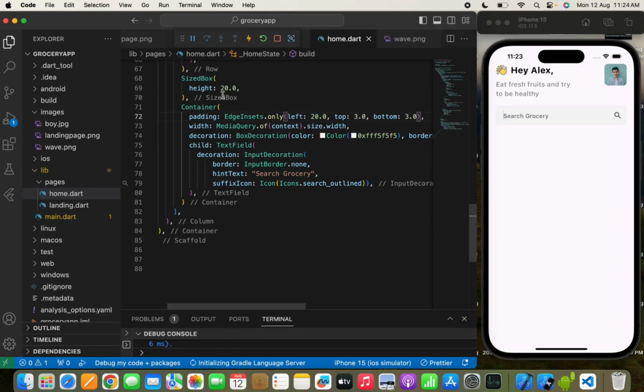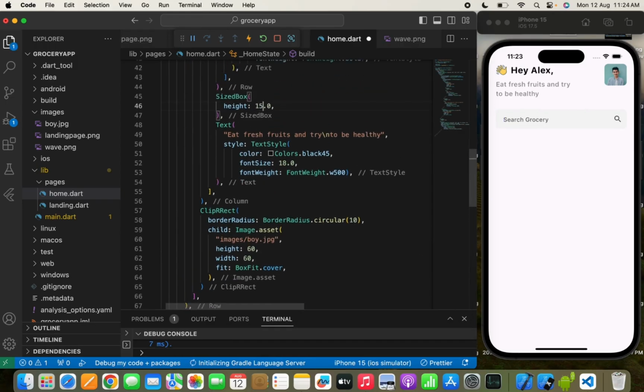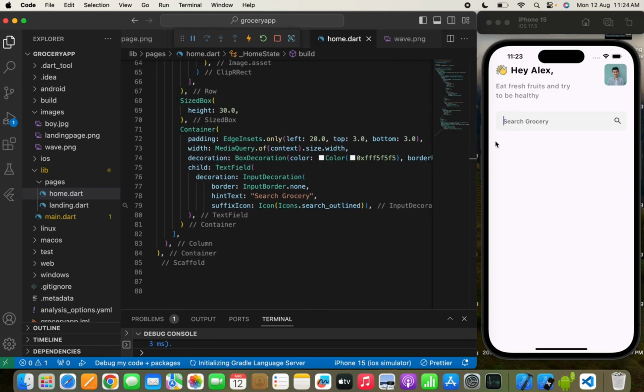Now if you want, I think the height between the text and the text field is okay, but if you want, you can increase the height maybe up to 30, and we can do one thing, height up to, yeah, so here it is. Now after that,